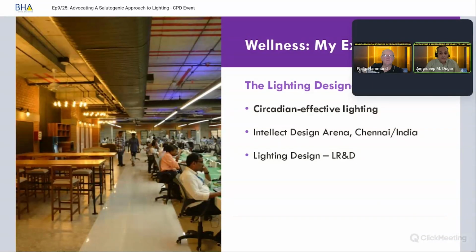Staying as a tunable in as a lighting designer, then it went on to circadian effective lighting. So tunable lighting got a much more catchphrase called the circadian effective light. The intention here was to provide blue enriched lighting in work areas and warmer light in relaxation areas. So the idea was to improve visual acuity, and also to suppress melatonin levels and improve concentration